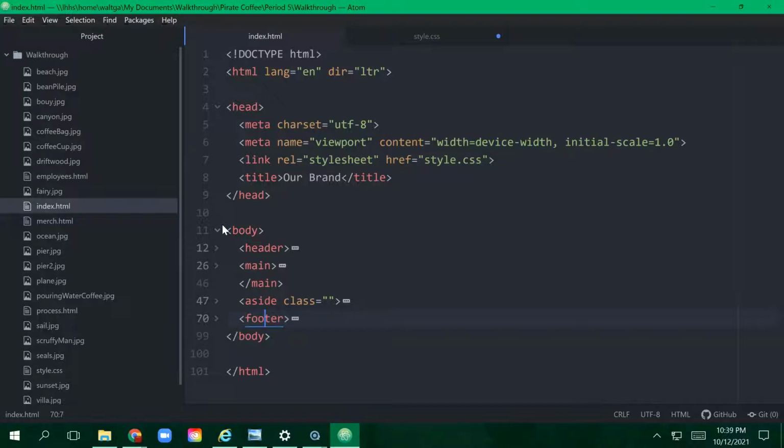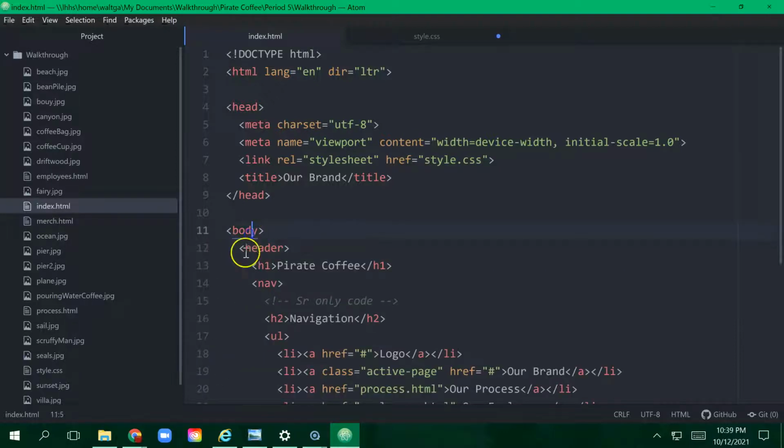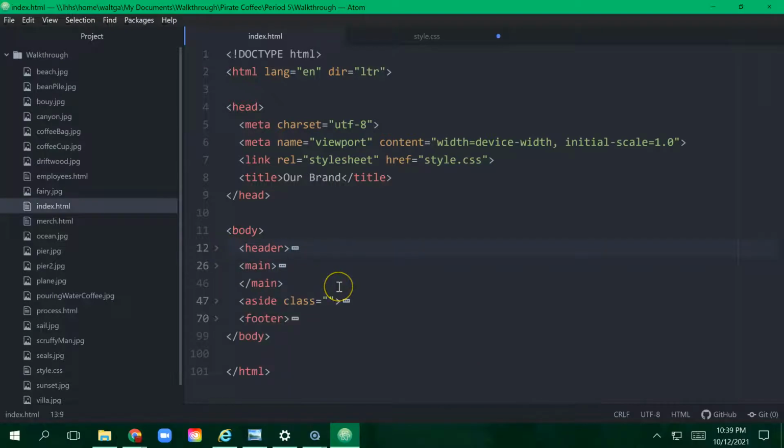Okay. Direct children means that there is no element in between the parent element and the element in question. So the header is a direct child of the body. This H1 is not a direct child of the body. It is a direct child of the header. The header is a direct child of the body. Okay? You would say the H1, the ancestor is the body, but it is not. The direct parent would be the header, not the body. Okay? So when we're looking at setting up a grid, we need to locate the parent that has those direct